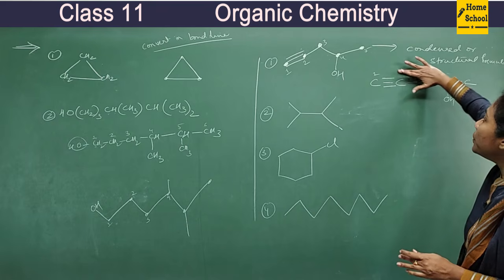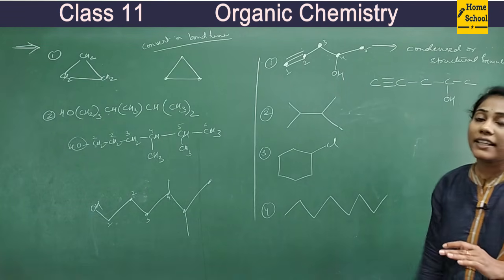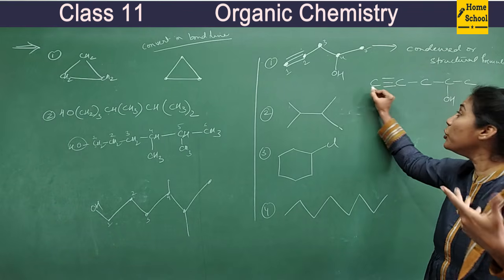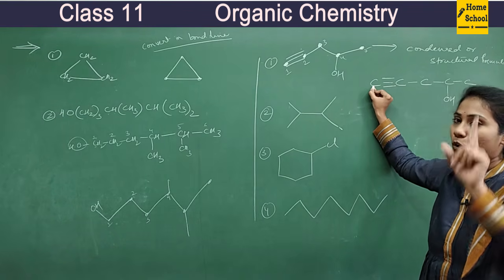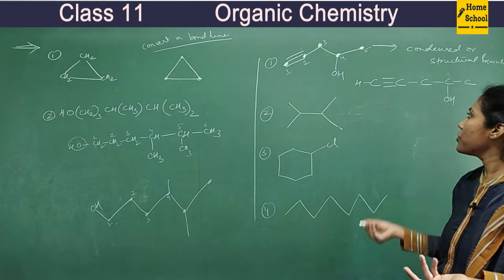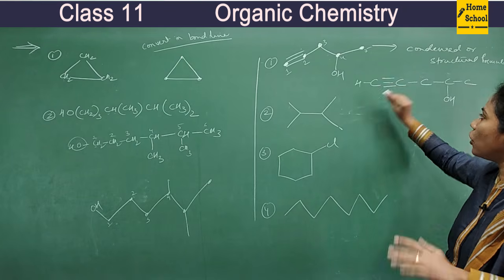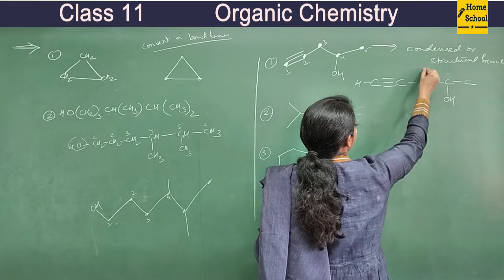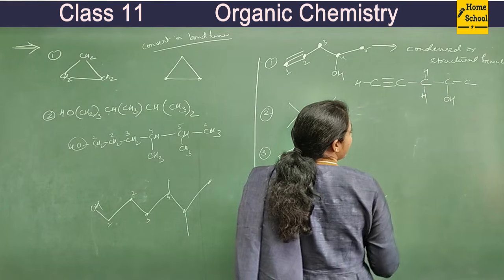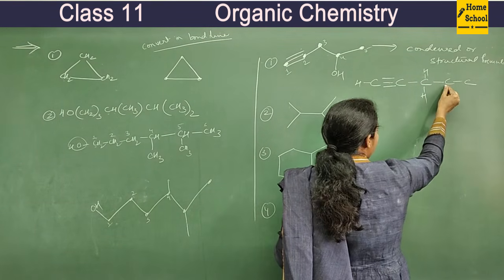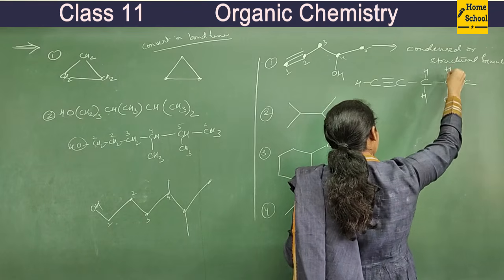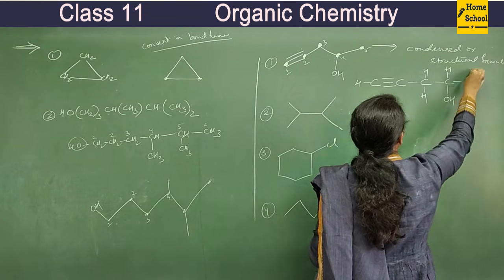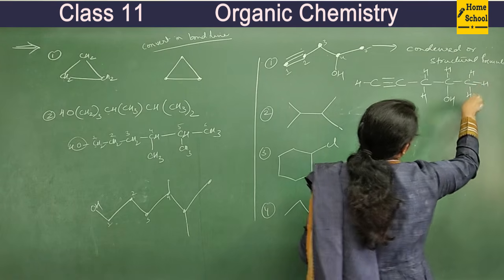And now you put the hydrogen atoms, however many are required. So this carbon already has 3 bonds. How many more bonds must this carbon have? 1. So show a bond with hydrogen. So this carbon, 1, 2, 3, 4, already 4 bonds are there. Coming to this carbon, 2 bonds are there, 2 more bonds required. Show it with hydrogen. 3 bonds are already there for this one, 1 bond is required, so show it with hydrogen. 1 bond is already there, 3 bonds are required, so show it with hydrogen.